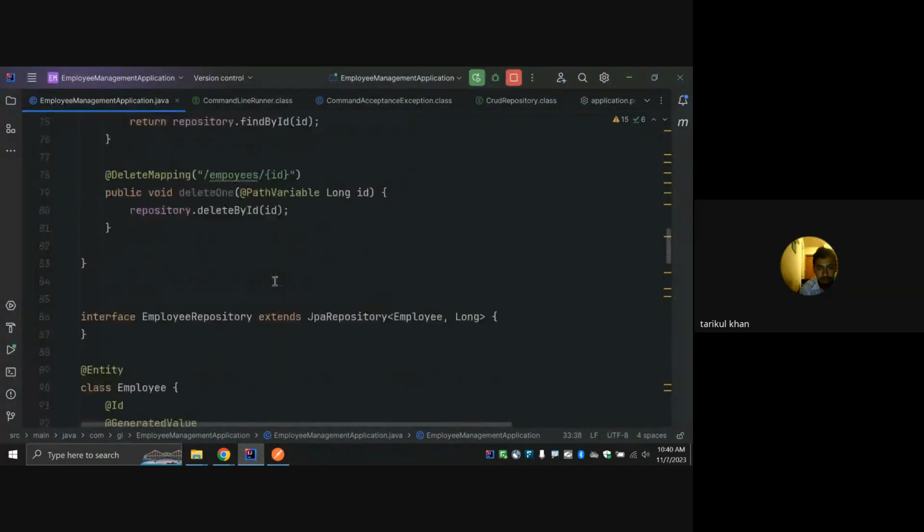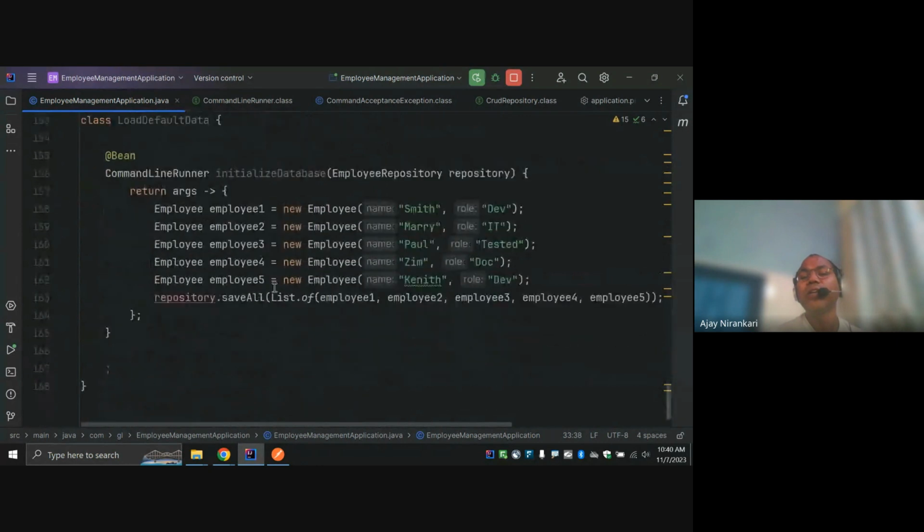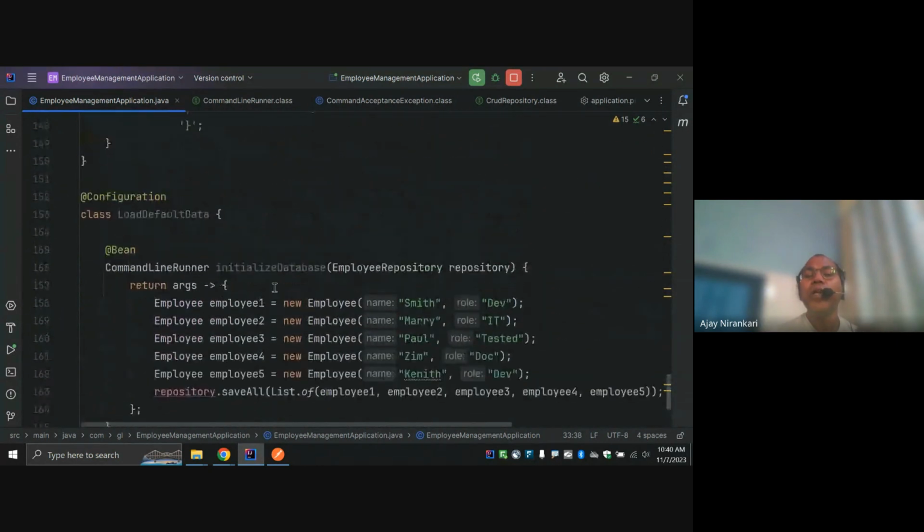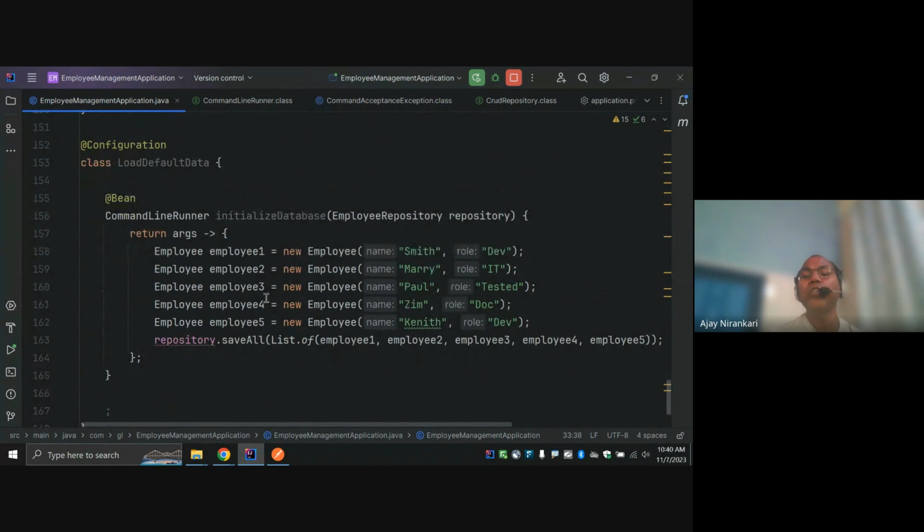So what we learned here today is that whenever, on server startup, you want to store some data in your database, default master data, some specific data you want to store, you have to use this configuration and bean. In the bean, we have to use a specific interface, the command line interface. Notice that in Java also, command line input you can pass to your application, right? Whenever you're running command line code, in the main argument you can pass some parameters, right? So similarly,